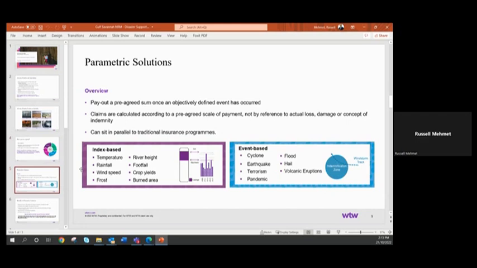And really the difference is it's very simple in its concept, in that the payout is based on the event occurring, a defined event has occurred, rather than the damage that the event causes. For example, for a drought type of cover, rainfall cover, less than 50 millimeters of rainfall in a certain period, or in a cyclone, for example, category 3 or above, if that passes within your property, then a payout is made.